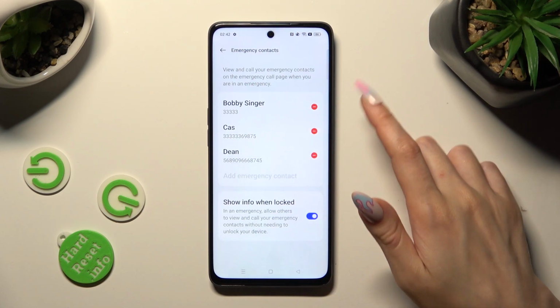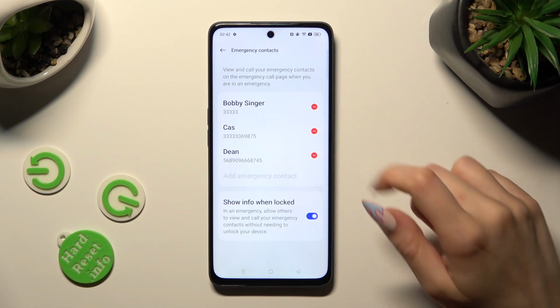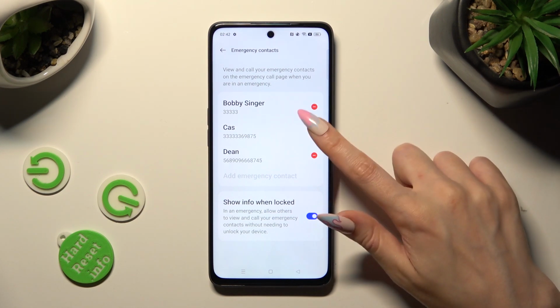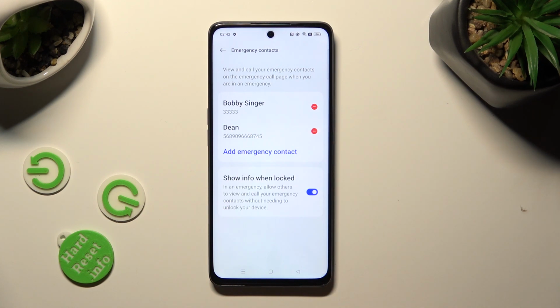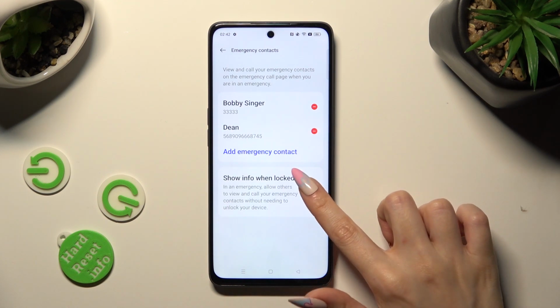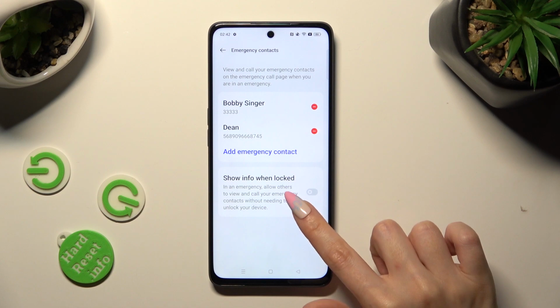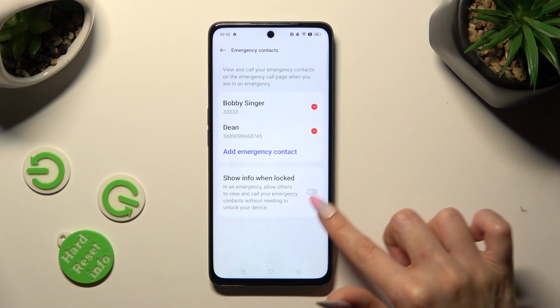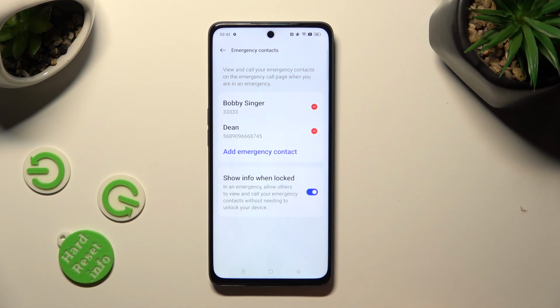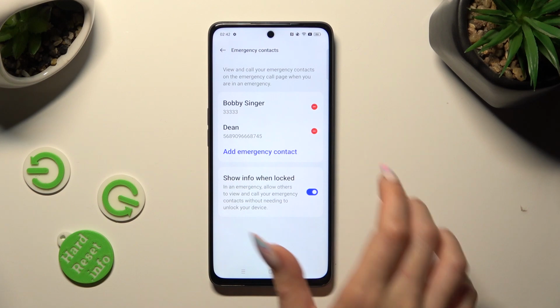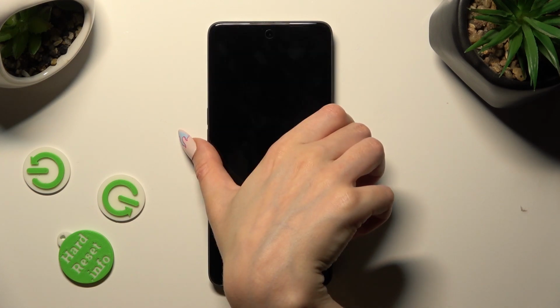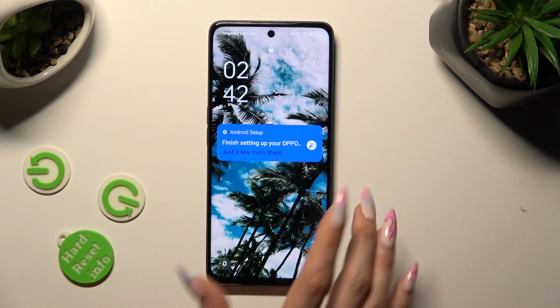In order to remove one of them, just click on red icon next to the chosen one. Remember to click on this switcher next to Show Info when locked if it's gray, to enable emergency contact on your locked screen. So now when I switch off my screen, then turn it back on